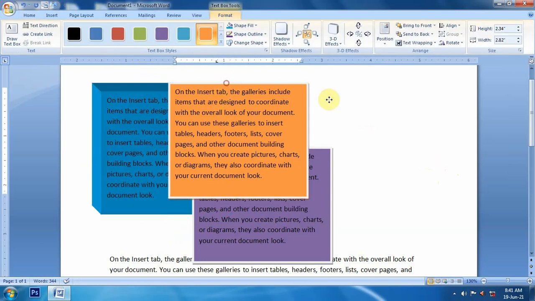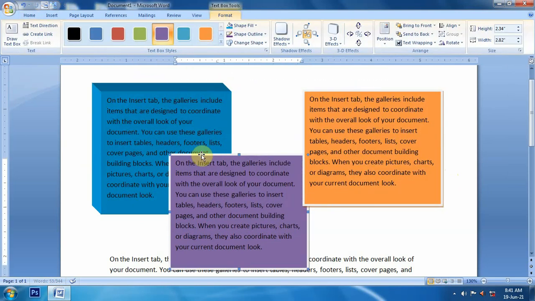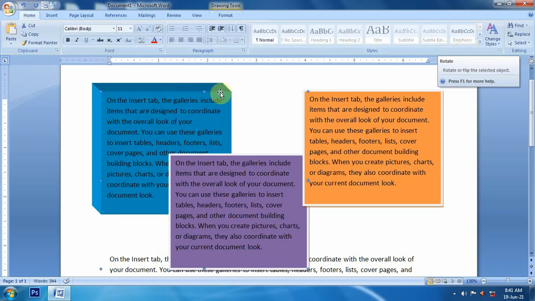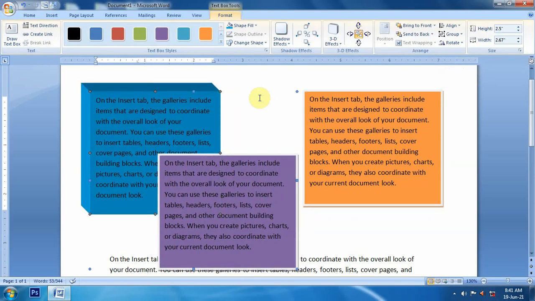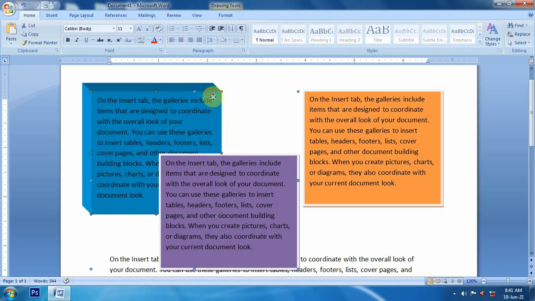One more thing is this: if we have multiple text boxes and we want to group them, I will click on a text box, press the Ctrl key on the keyboard, click another text box and say group. Group will make them a single shape. Now it is a single shape.